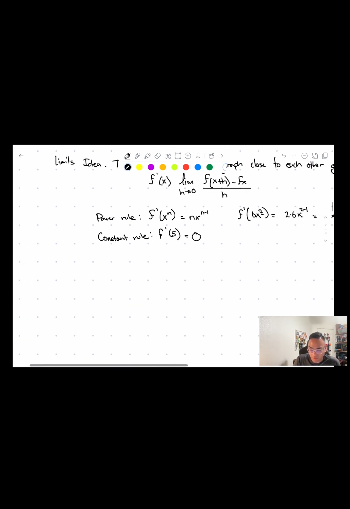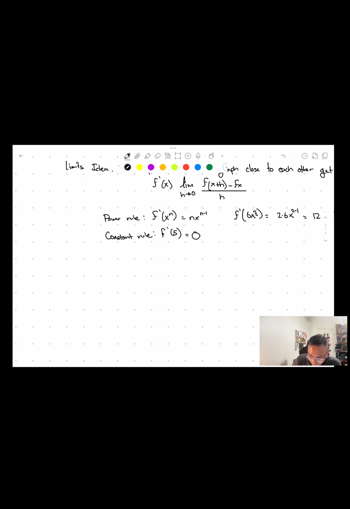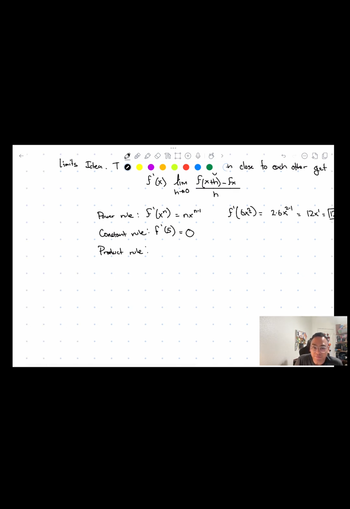That's how the power rule works. There's also another rule that we can learn. It's called the product rule. Whenever you multiply things, you can use the Leibniz notation. So basically, it is d over dx of f of x times g of x